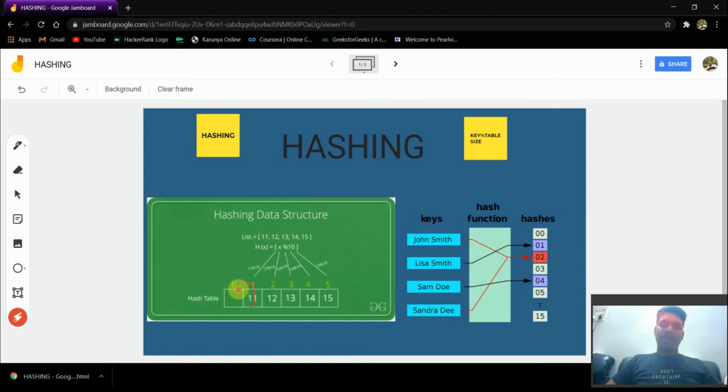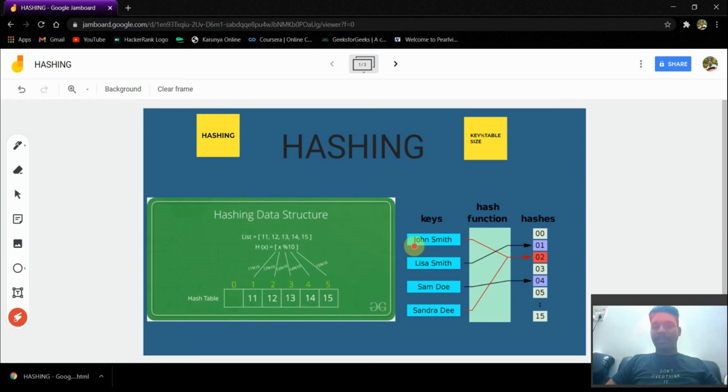Now if index 2 is empty, and another number entered by the user leaves the same remainder 1, it can't be fitted here because an element already exists. So that element will be stored in the next position, because the first is filled. The same case I'm going to explain here.